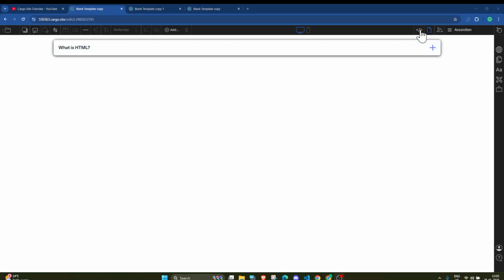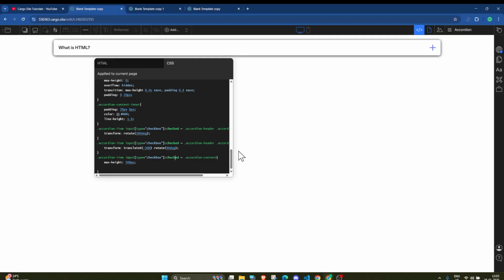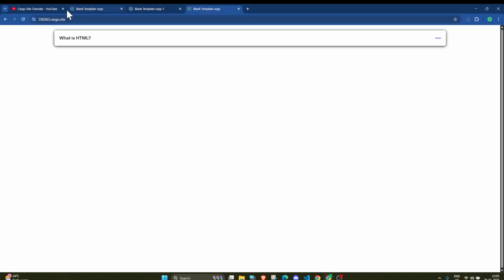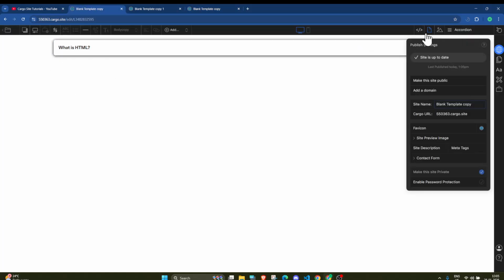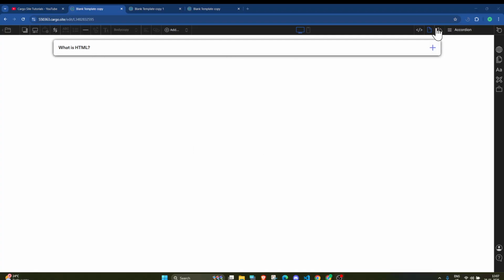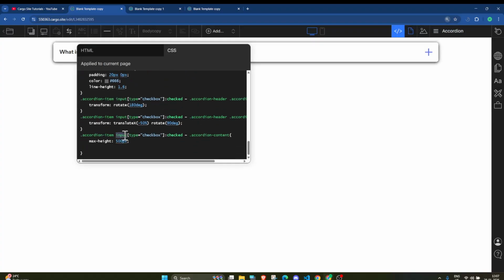In the CSS, so here there is a spelling mistake, you can see it should be checked. And now let me again publish the site, and let me refresh it again. Okay, there is some another error, let me check for that thing. So the issue was that here the input spelling was incorrect, so there was M here.